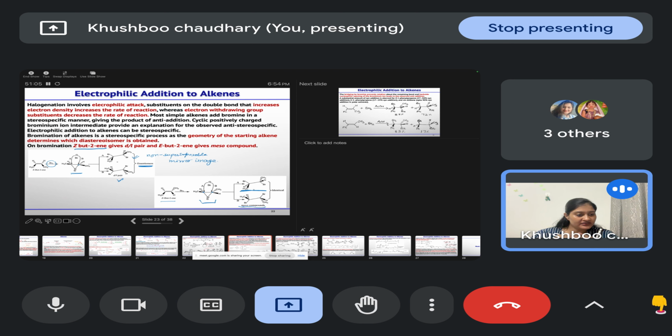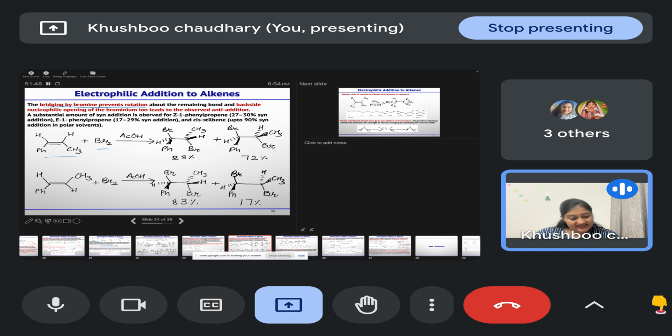Then the bridging of bromine, or when the bromonium ion will form, then the rotation is prevented. That's why we are saying that the backside attack will take place. Because of that, we will get major and minor products. For example, in the case of this compound, if we are treating it with bromine, then the bromonium ion will form,